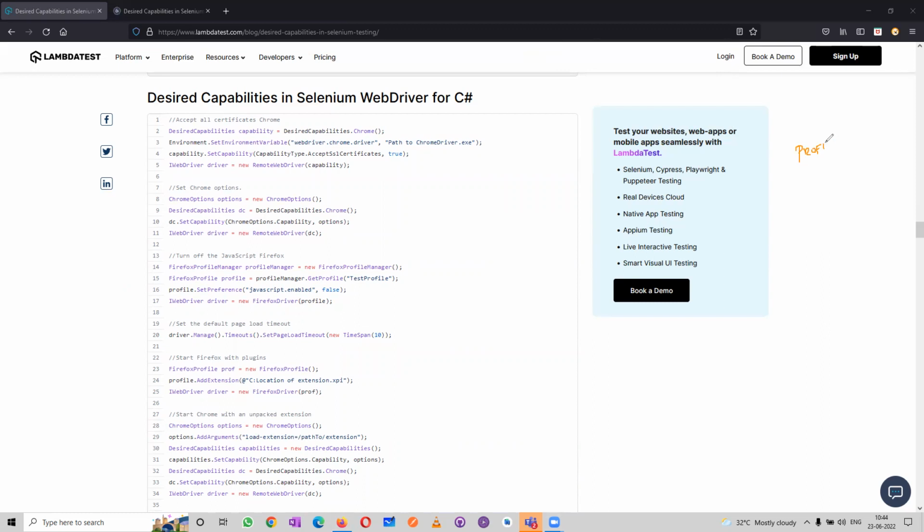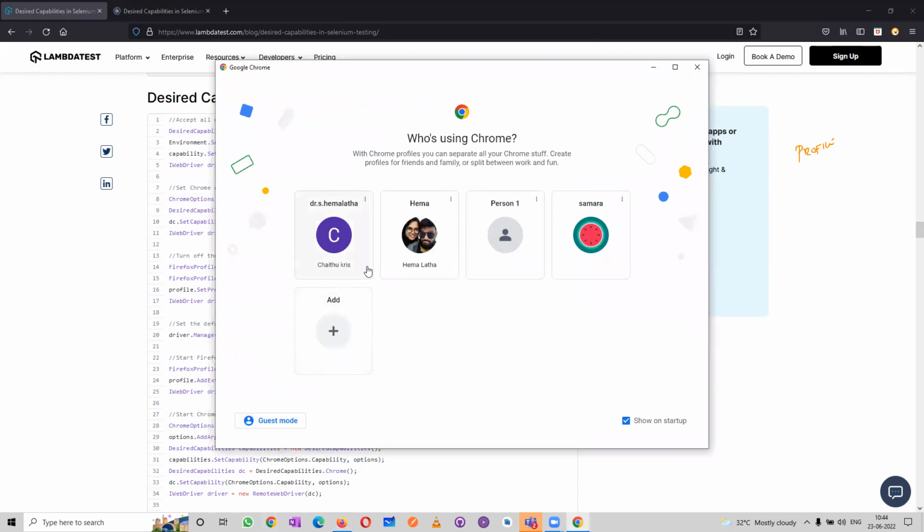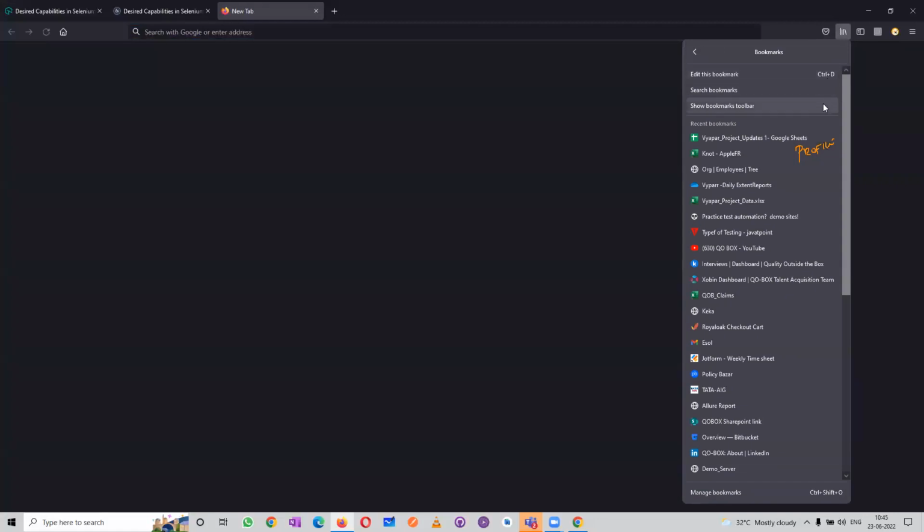What do you mean by profile? When you open some profiles, for example, if I open this profile, you'll be having different profiles, right? So different names, and the profiles mean the same profile. Either it would be created for Sam, Bhagat, or whoever your family members are, you'll be having different profiles. Means when you open this one, now you will be seeing your bookmarks, whatever bookmarks you have taken,